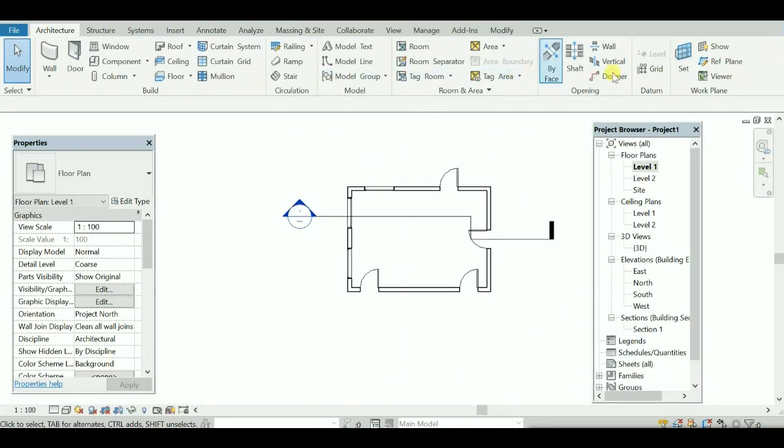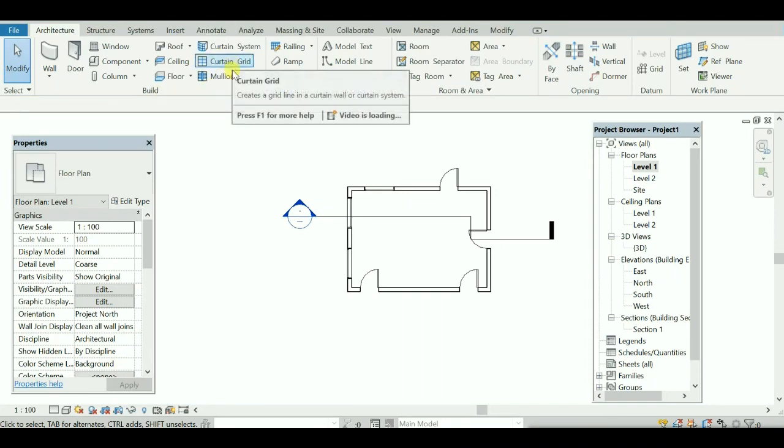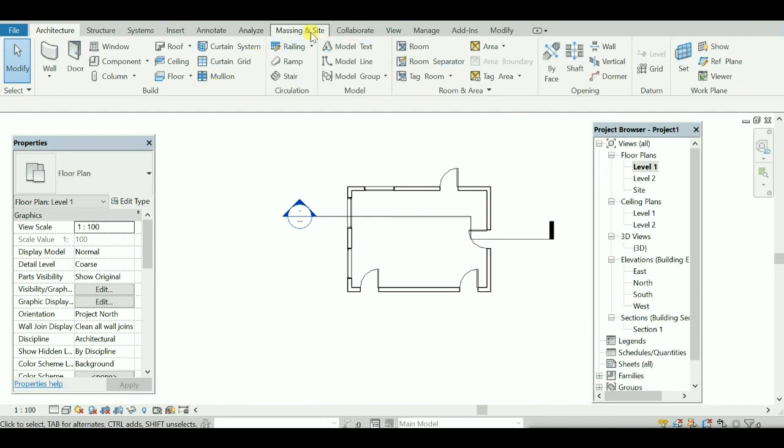So guys, this is the user interface of this Revit software. This is how exactly it will look. These are the menu bars or ribbons, you can say. We have this build toolbar. In AutoCAD, we all have noticed we had the draw toolbar over here, right? But here we'll find this build toolbar. Then we have the circulation toolbar, which has the stairs, railings, ramps. This build toolbar contains walls, door, window.